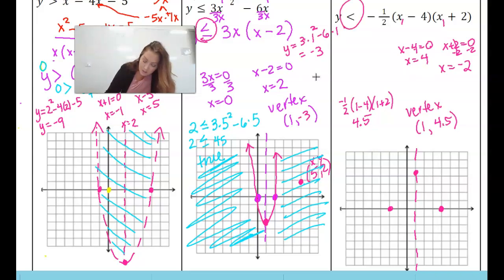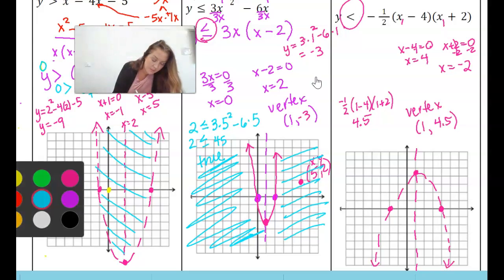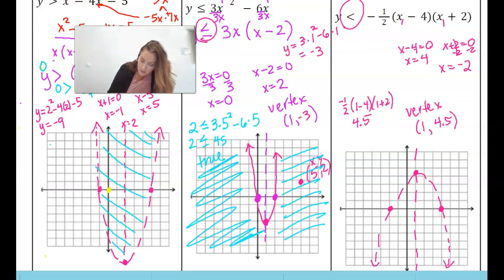Now, this doesn't have the bar, so we're going to use a dotted line, and it is wider, which should make sense because a is 1/2, so remember that was a compression. So then we'll pick a point. I want to do less, so I'm going to pick 0, 0. So is 0 less than negative 1/2 times 0 minus 4 times 0 plus 2? So what do we get? Negative 8 times half is 4. Is 0 less than 4? That's true, so I shade where that is,